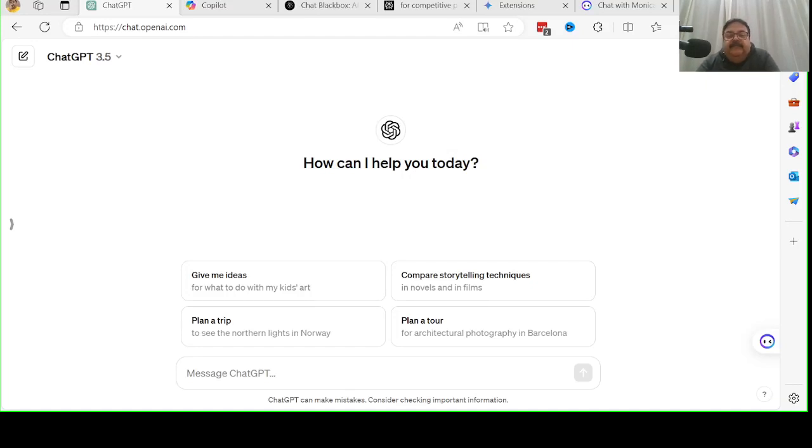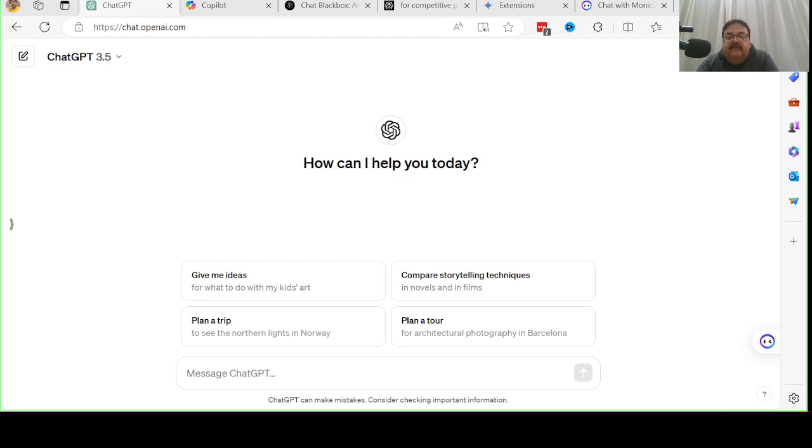Hello everyone. As promised, I'm bringing you some tools today for people who are into research. I'm going to use a few tools and show you how to use the prompts properly to get the best out of them, right? So first of all, the famous ChatGPT, and see whether it works for us or not,